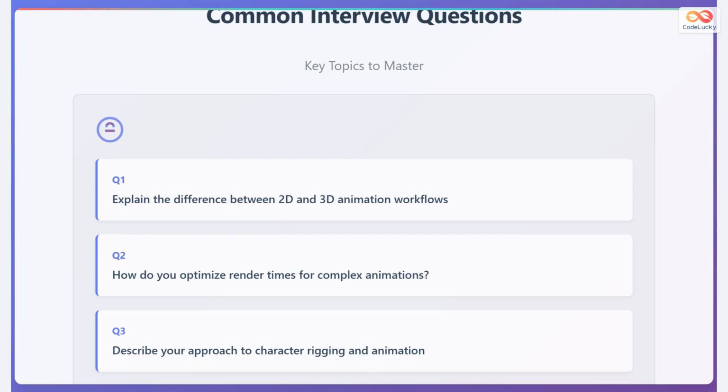Another frequent topic involves optimizing render times for complex animations. Interviewers want to understand your technical problem-solving abilities and knowledge of performance optimization techniques. Your answer should cover polygon optimization, efficient use of textures, render layer organization, and workflow strategies that reduce computation time